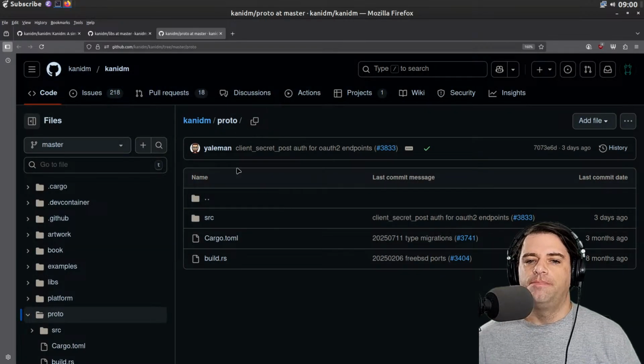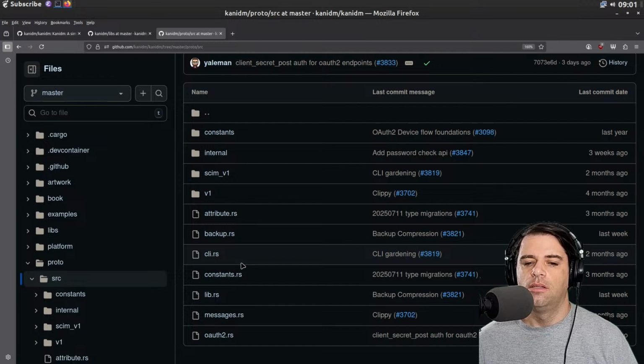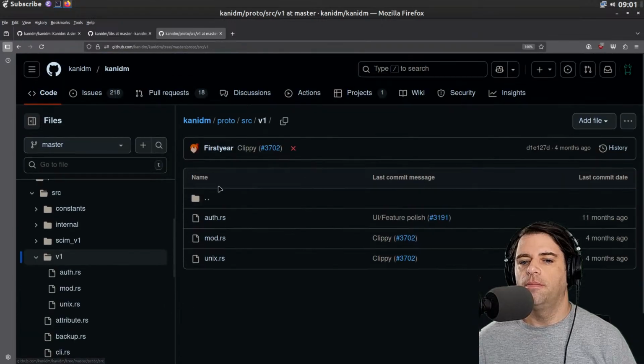And then proto. We have source and stuff. So CLI presumably is the command line API thing. And then these are maybe just the protocols for authentication or authorization, whatever mod is in Unix.